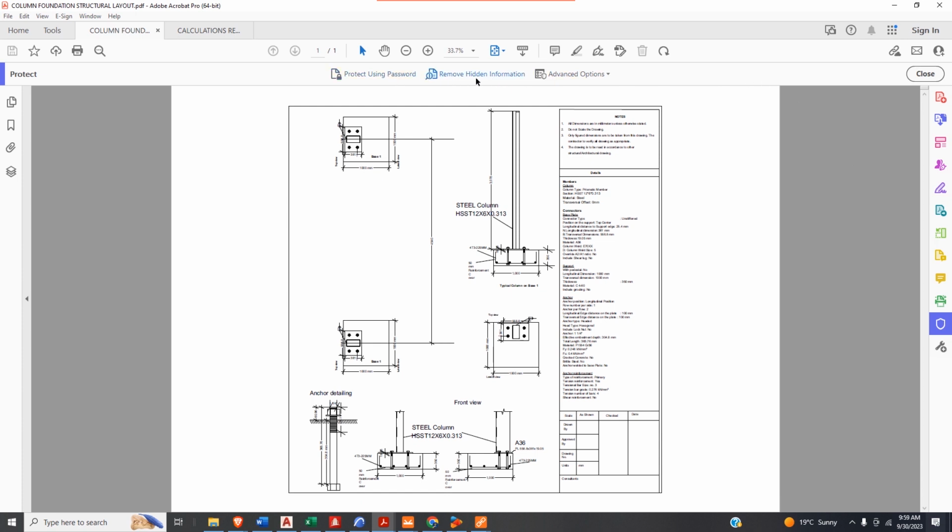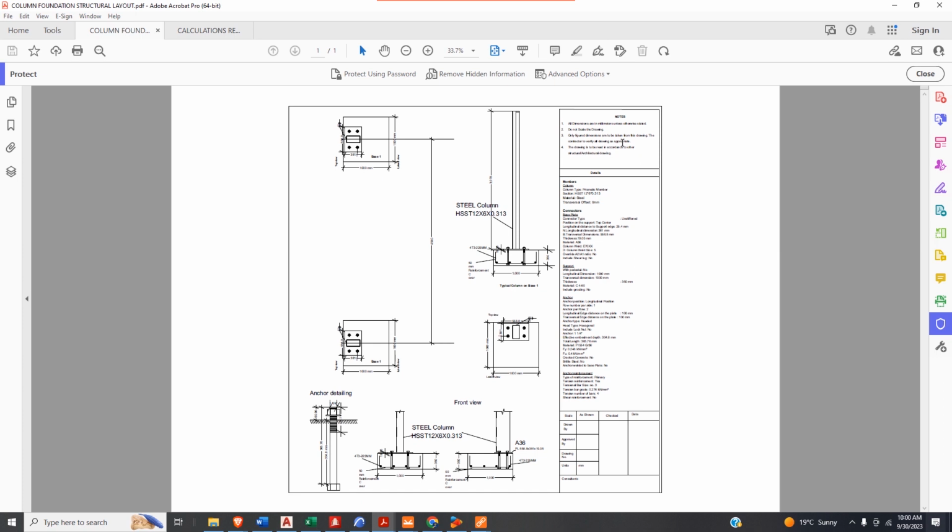So you can see I have a structural detailing here. I have done some calculation for a job I just did for my client. So this one here. You can see I can now open my calculation just by clicking, just open in Adobe Acrobat. I can merge. I will show you how I've merged my final reports and calculations for the drawing for this job that I did just the other day. So you can see I have compiled everything, because